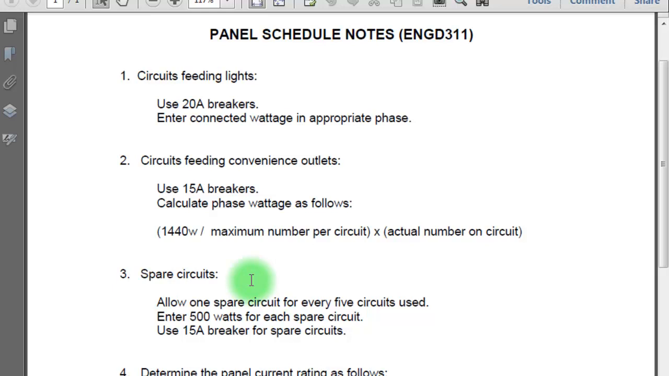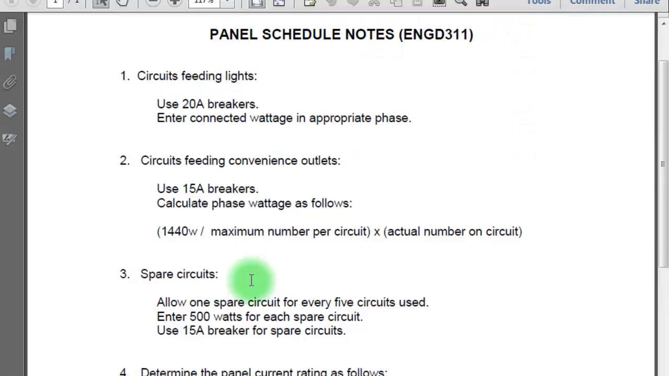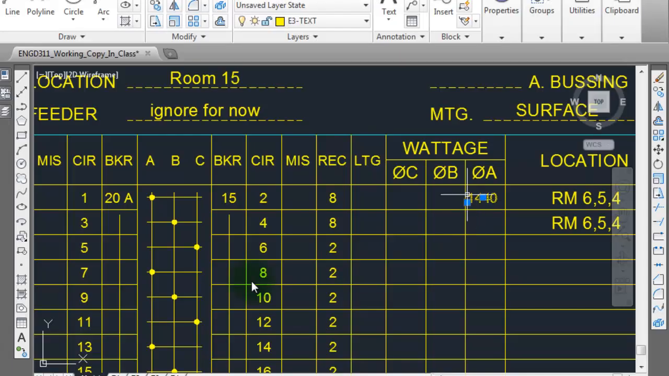That's going to be the number that you place in that location there, and you're going to multiply it by the actual number that you used on that circuit. So we actually used 8 on this circuit, so therefore it's 1440, because if you take 1440 divided by 8 times 8, you're at 1440. And so you're going to do the same thing